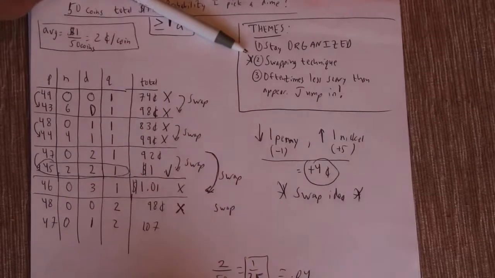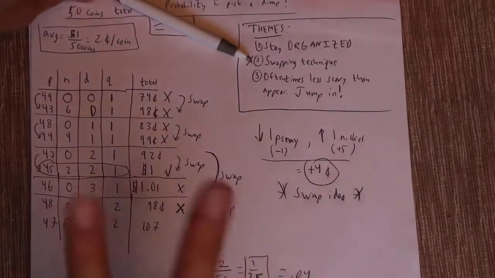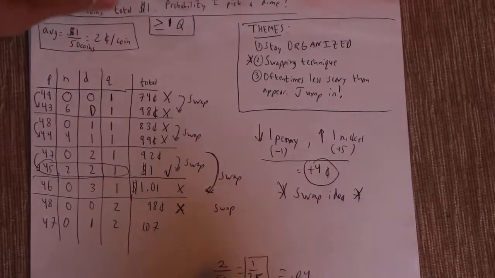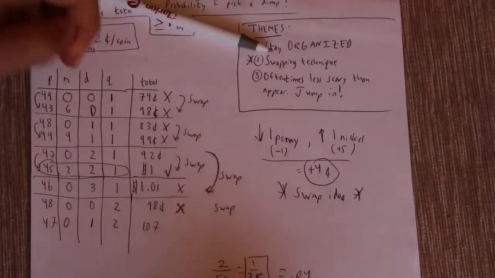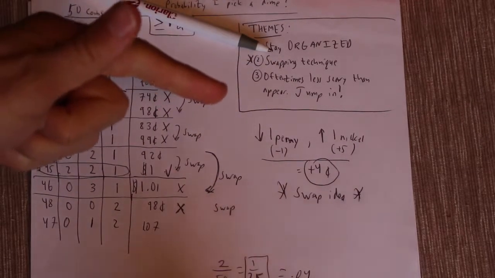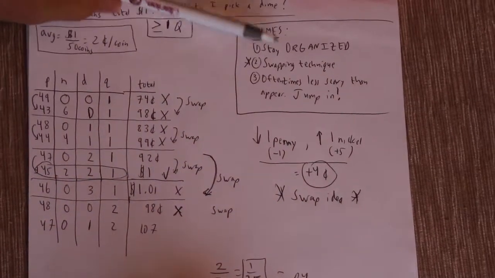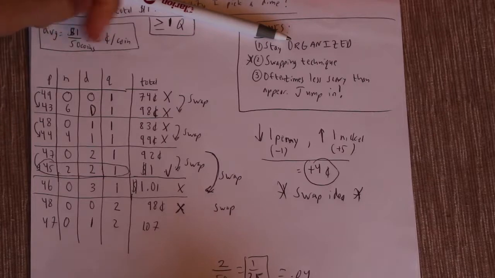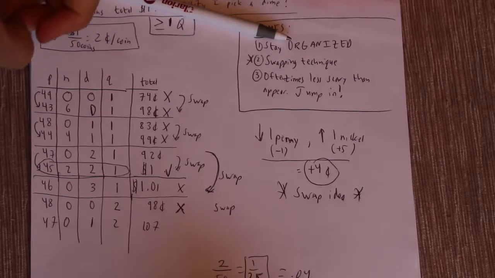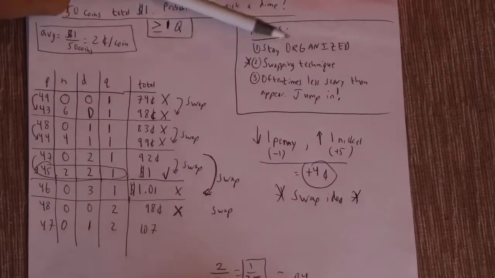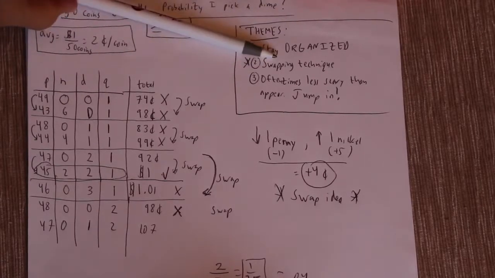And by the way, you need not only use this for 2 coins at a time, you can use this for 3 coins. So you could say, what happens if I take a penny and a nickel and change it for a quarter and see what the differential would be there? So that would be like, penny and nickel would be +1 plus 5, so that'd be +6. And then minus a quarter, well, minus 25, depending on the conditions of the problem. So the swapping technique is one of my favorite things.